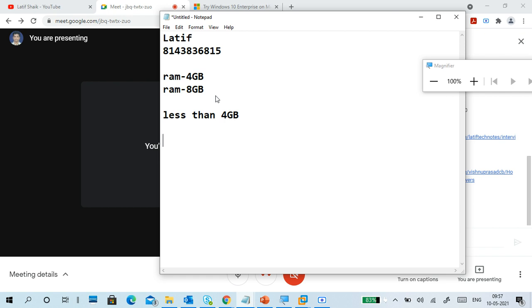If you have less than 4 GB, then the better option is to go to the cloud. Saisar is also very good at the AWS part. So ask him for solutions in the cloud, AWS, any Windows 10 machines, Windows Server machines. So connect to the cloud, that is one option.